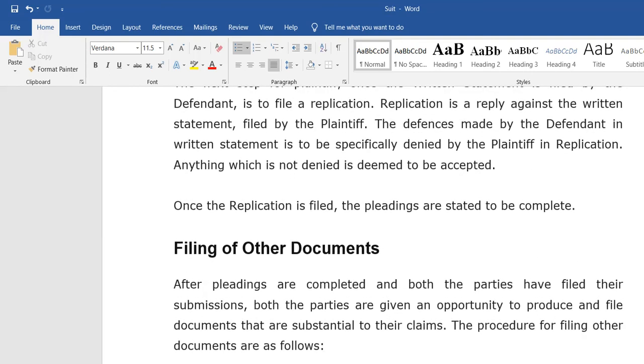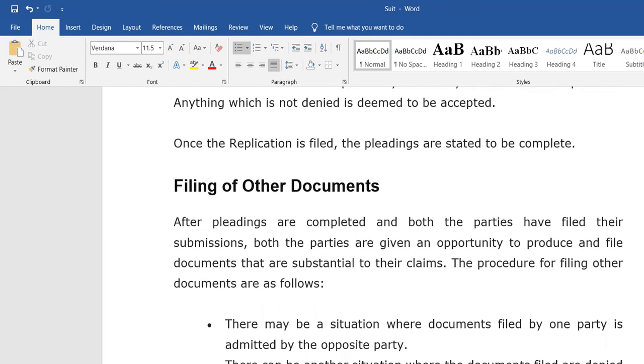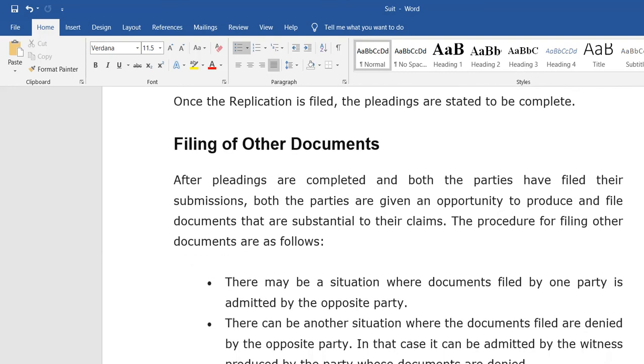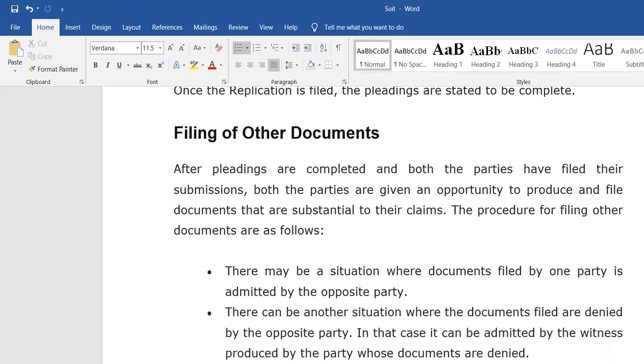So what other documents or supporting documents have to be filed for this particular suit? After the pleadings are completed and both the parties have filed their submissions, both the parties are given an opportunity to produce and file documents that are substantial to their claims.